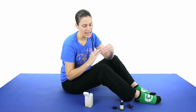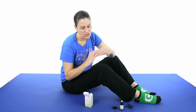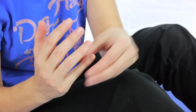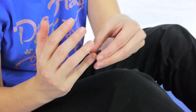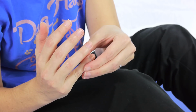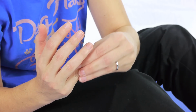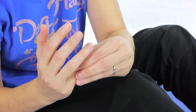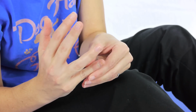You don't want to push it towards that end where it stays. You want to start moving it back towards your system and work all that fluid out. Now, I'm not pushing really hard. I'm almost just laying my fingers on the skin and pushing it back in. Especially if there's an injury, it's going to be pretty painful, so you don't want to push too hard in this kind of situation. You can do this for about 3 to 5 minutes